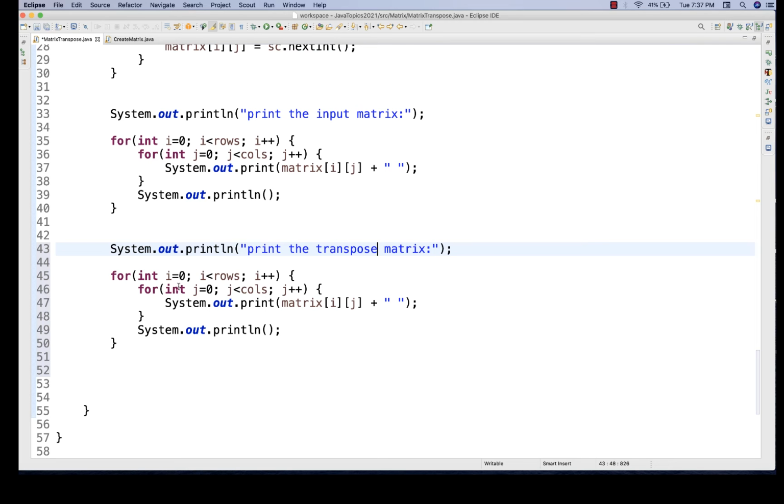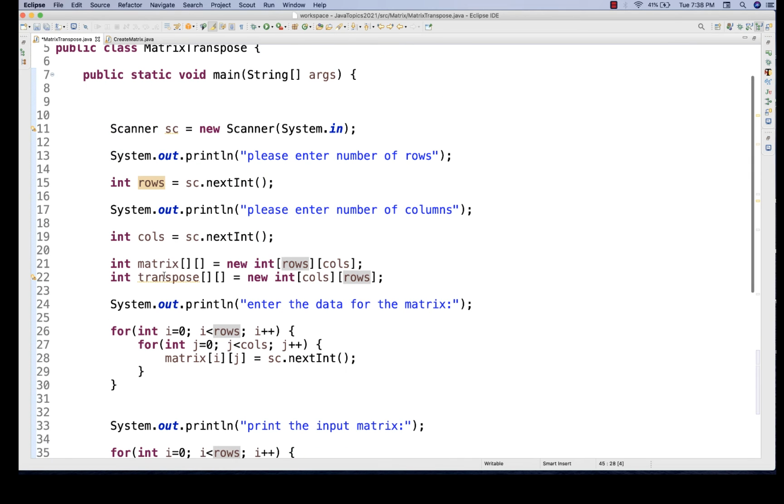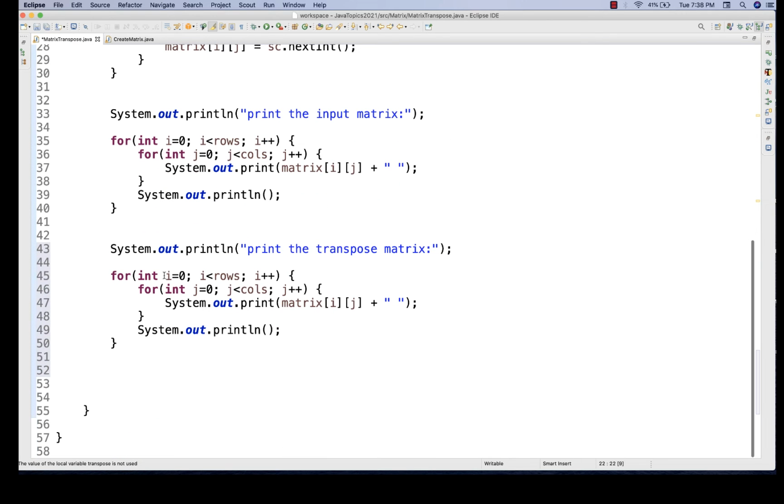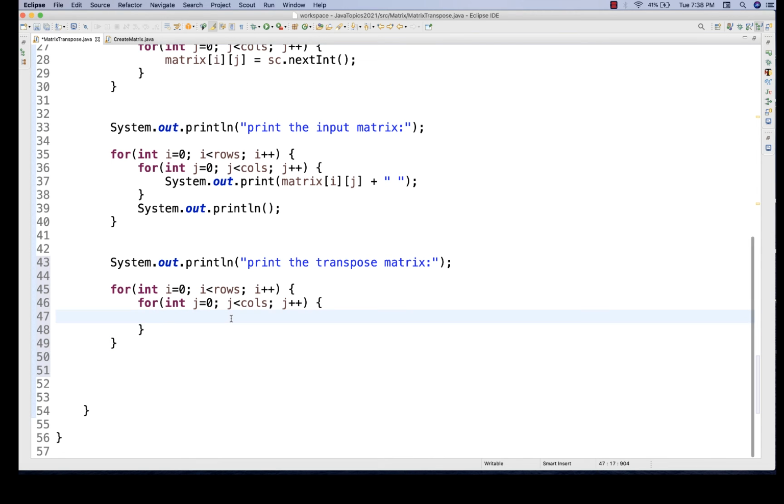Okay, so I'll be restarting the loop like this: integer i is equal to 0, i less than number of rows, and again j equal to 0, j less than columns. Here, this is the resultant matrix that we have created, this transpose matrix. I'll start filling this matrix. So instead of this, what exactly I'm going to do, let me just remove this thing,